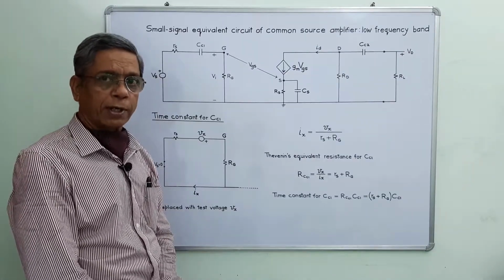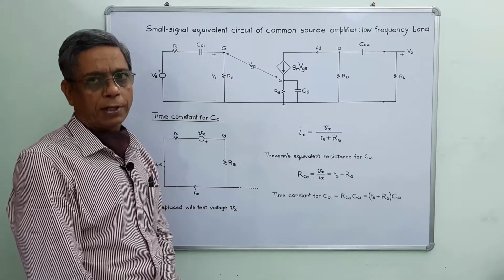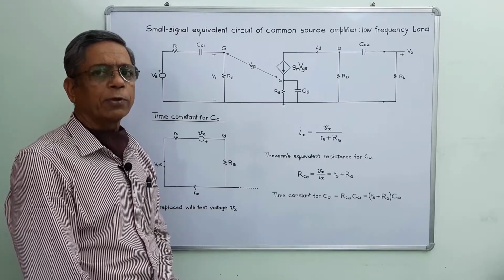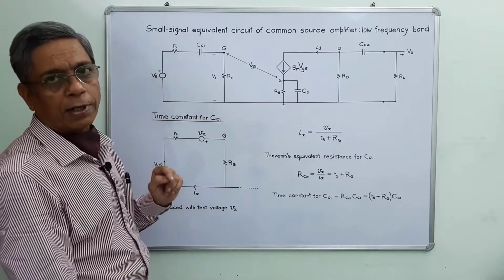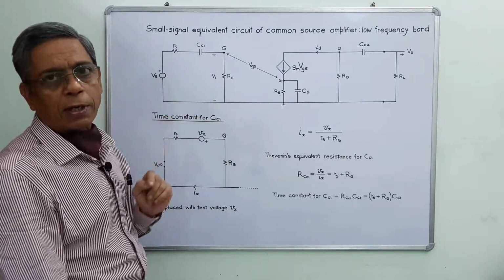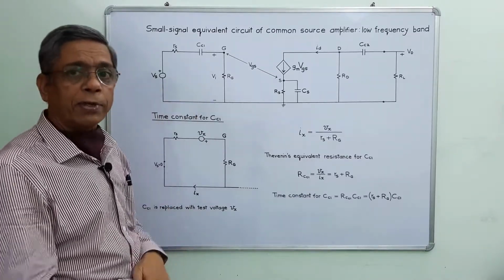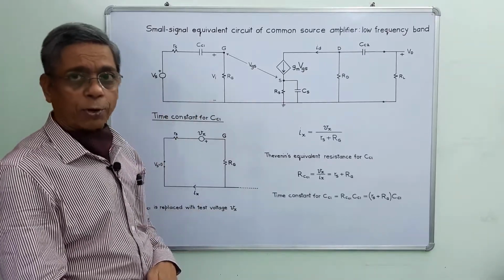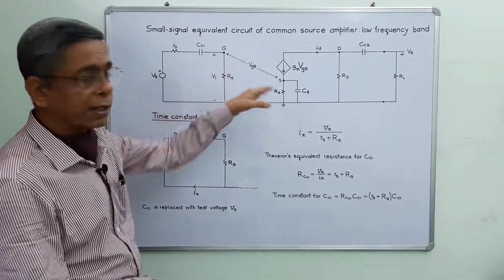As per the short circuit time constant method, under step number 1, I have to select one out of these three capacitors and consider the rest of the two as short circuit. Now I am selecting CC1. Now I have to determine the resistance seen by CC1, or the Thevenin equivalent resistance across the terminals of CC1. I have to use Thevenin theorem, that's why I am applying that theorem in this circuit.